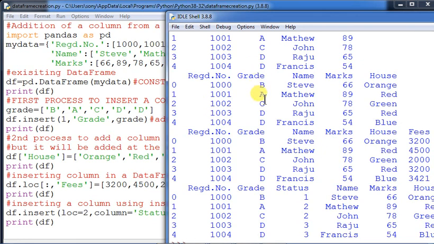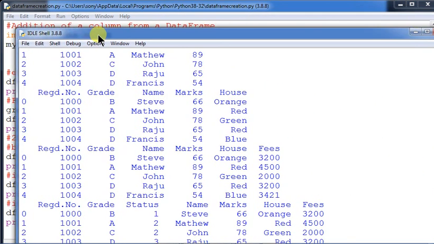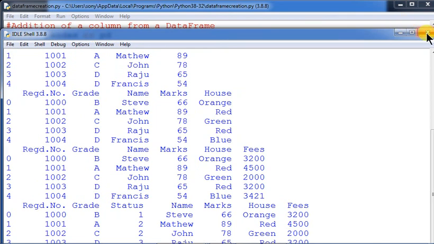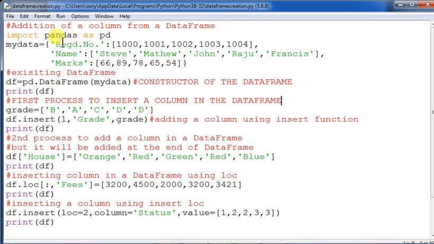So in this way, these are the possible ways, even several ways, to add a column in a data frame. That is very, very important, students, because sometimes the question comes in this way, that how many different ways will be given in your option, and you may be asked which of the processes can be applicable in order to insert a column. So that is why this particular thing is very, very important, students. So these are the possible ways that you have seen out here, and you can implement it practically as well. So addition of a column to a data frame is very, very important.